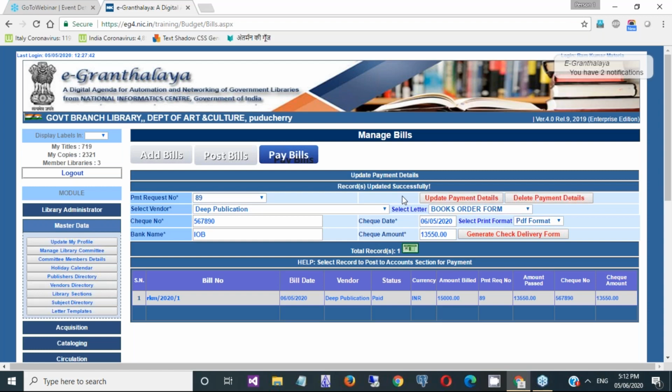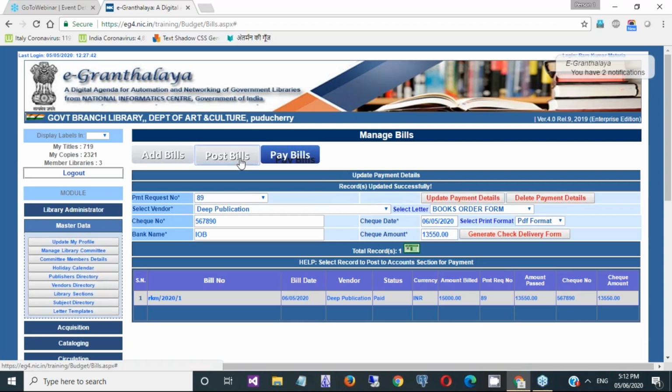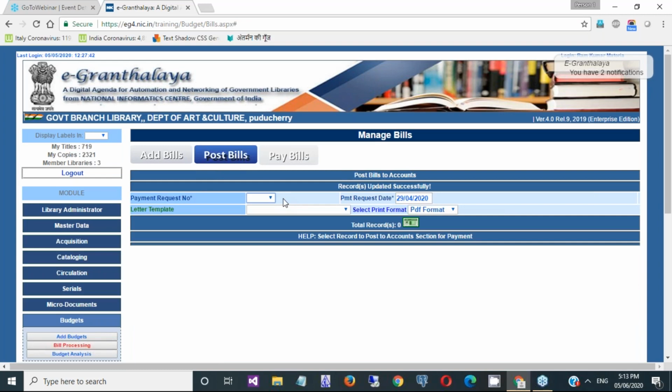Yeah, in post bills, can you go to that post bills? In this, when we are sending the bills to the accounts, is it possible to take it in a PDF form? Because, for example, we have our own process system for the payment method. What you are asking, you want to generate a report after posting the bills in PDF? Yes, that is there.